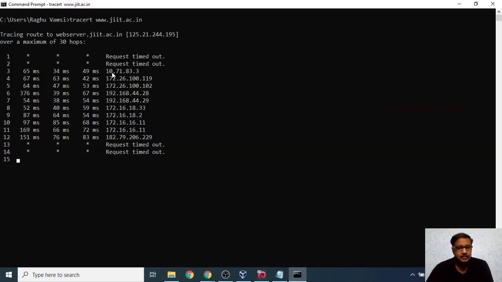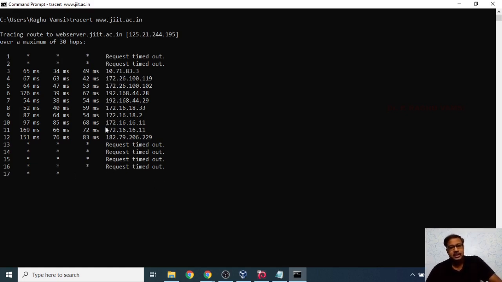So these are the IP addresses in the middle, and these are the IP addresses that are disclosed in the middle of the request to the web server jit.ac.in website. So this is the way you can identify the route in which it is going. That means along the path between your computer, that is the hacker computer, and the destination computer, these are the various IP addresses that it will go through.